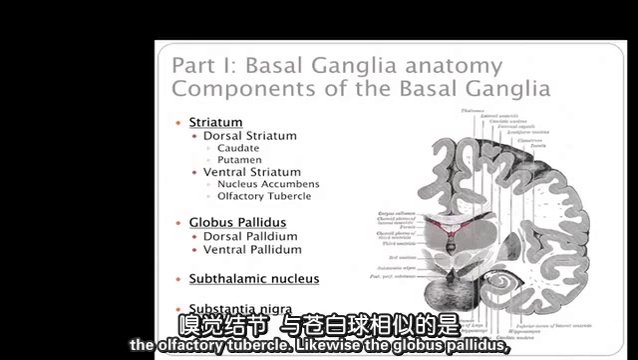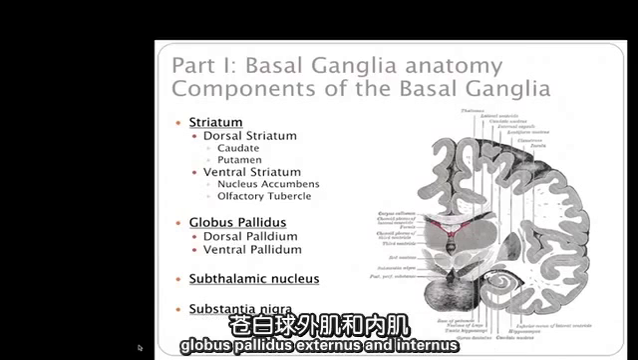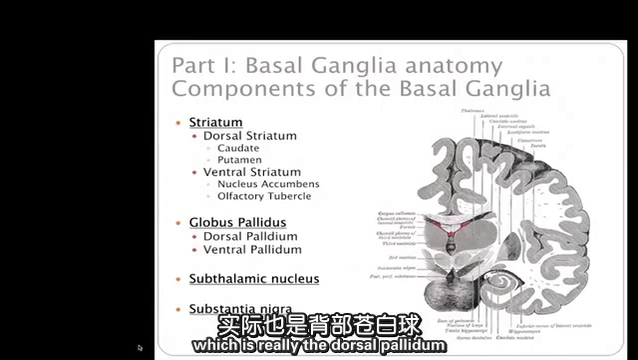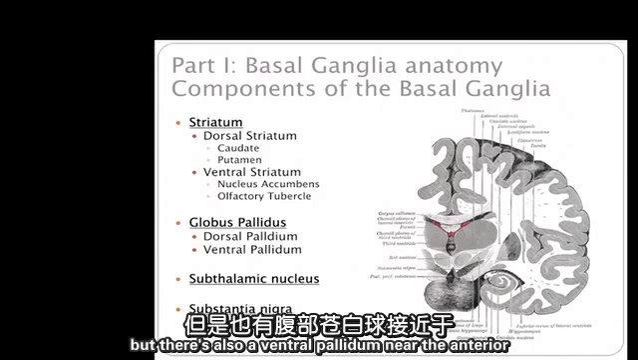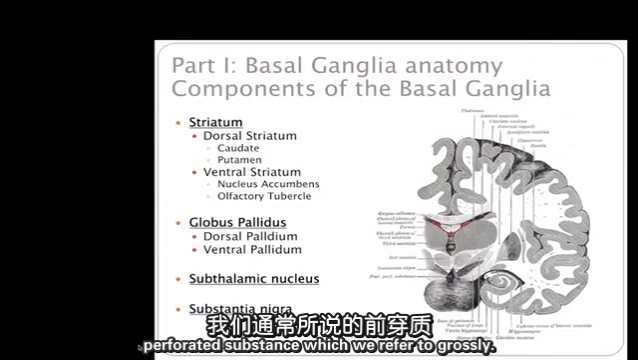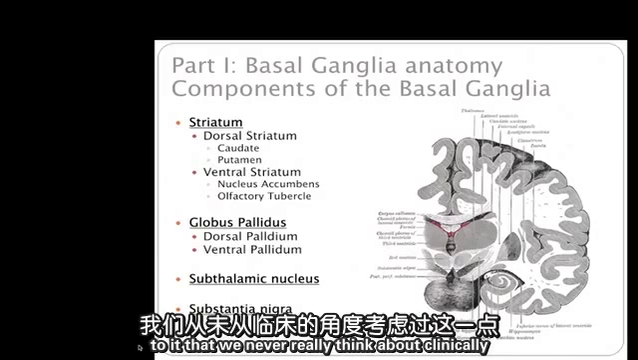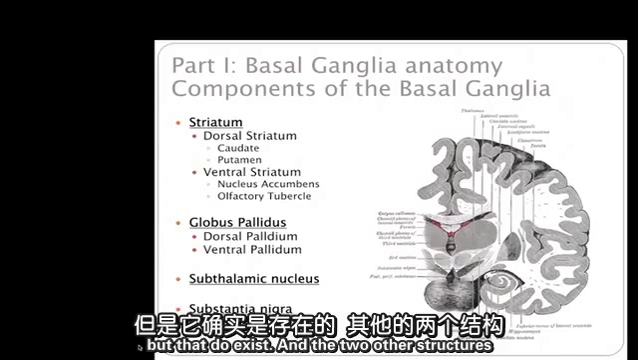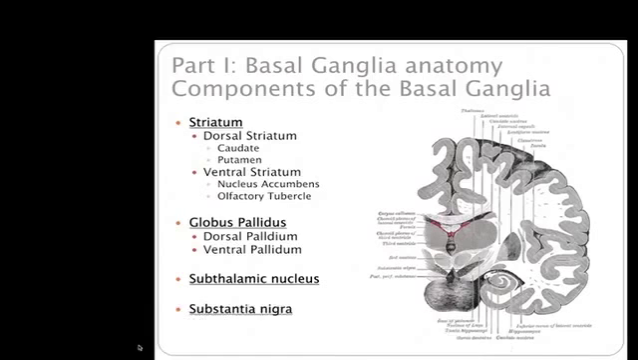Likewise, the globus pallidus, we're very used to talking about the GPe and GPi, globus pallidus externus and internus, which is really the dorsal pallidum. But there's also a ventral pallidum near the anterior perforated substance, which we refer to grossly. The globus pallidus also has different segments to it that we don't really think about clinically, but that do exist. The two other structures which we talk about often are the subthalamic nucleus, which we'll define the anatomy of,